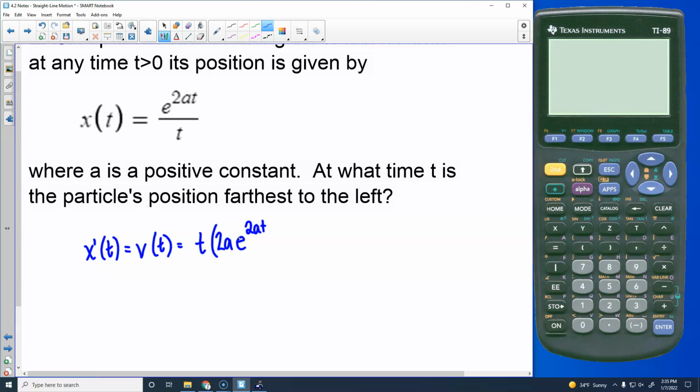A is a constant. So A is like a number. You don't have to use product rule or anything here because A is not a variable. It is a number. So A could be 3. So if you had like 2 times 3 times t, the derivative of that would just be 6. 2. Minus,